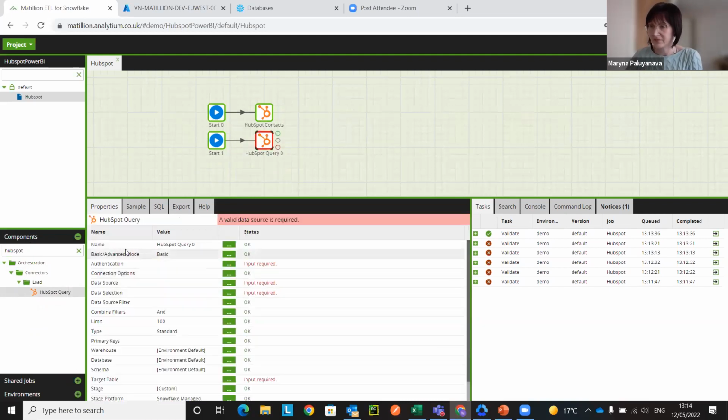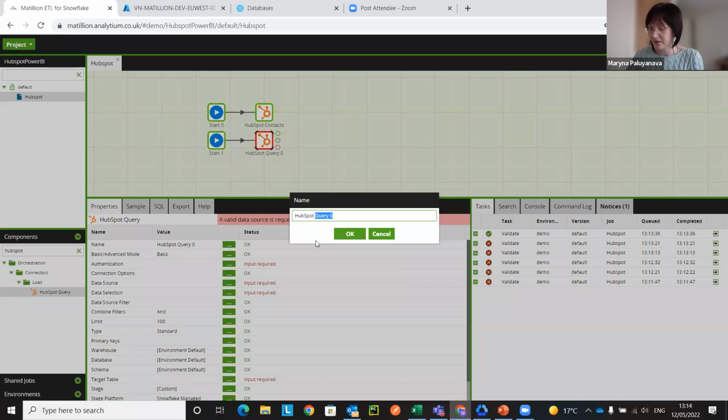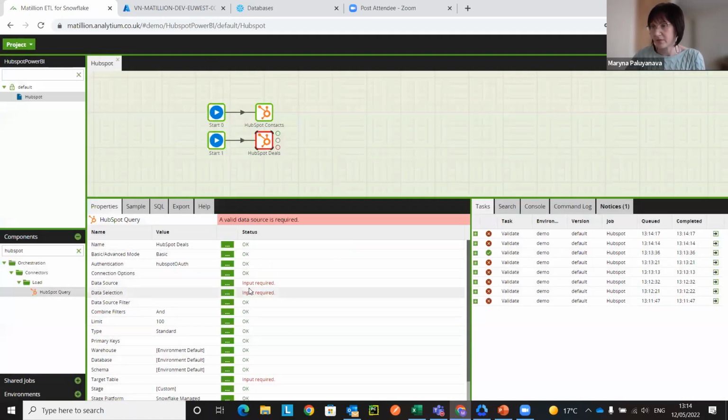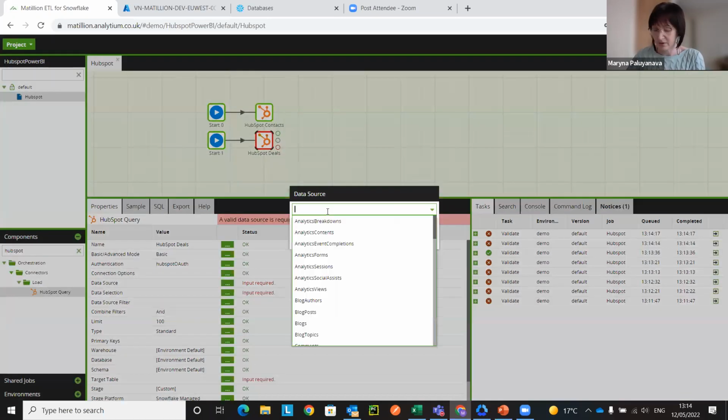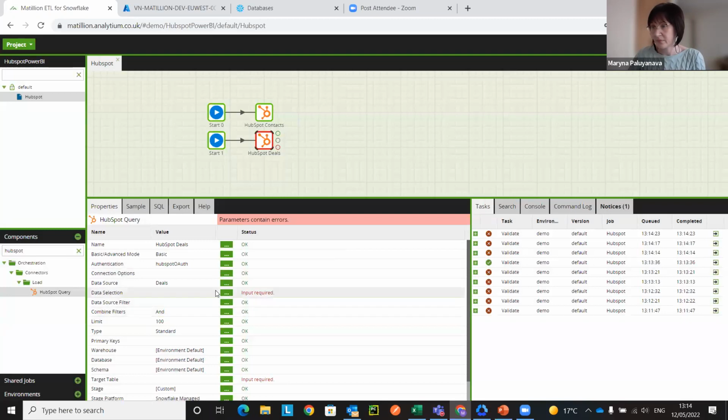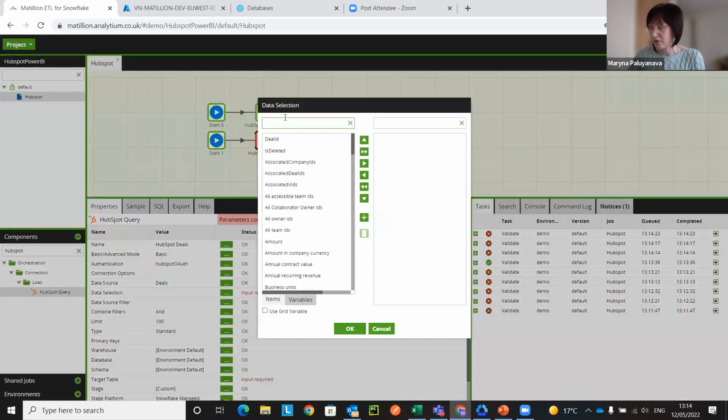And configure, fill out all these properties. We'll call this one deals. This is the second table we are going to download. Choose authentication, Hubspot path, data source, deals. We are going to download such